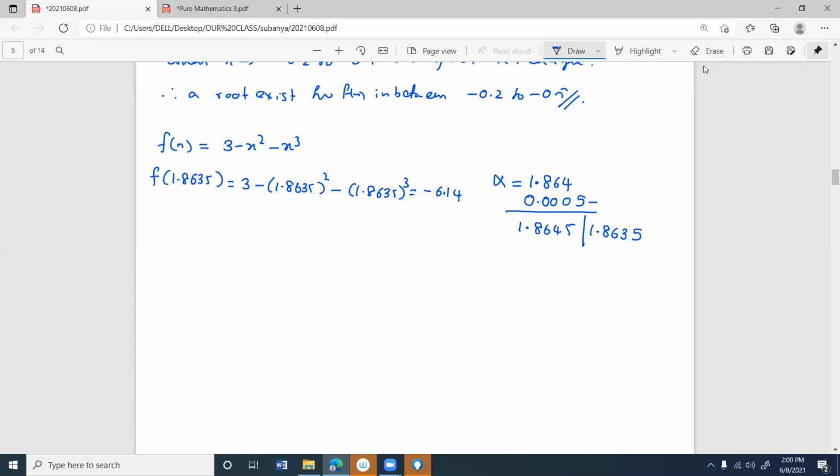The next one is 1.8645: 3 minus 1.8645 squared minus 1.8645 cubed. If you just replace with this,